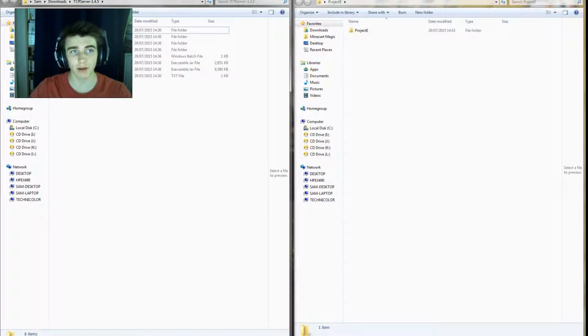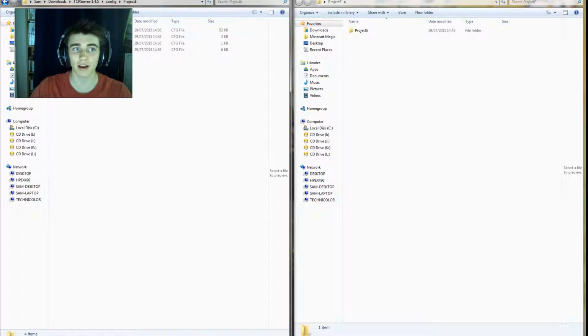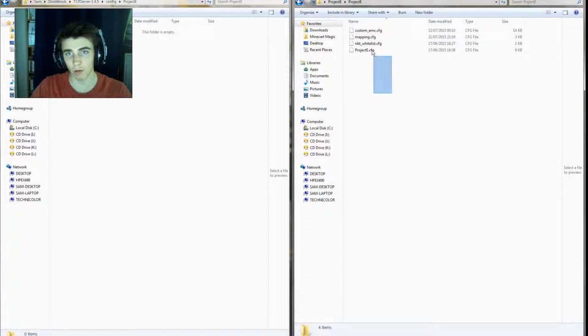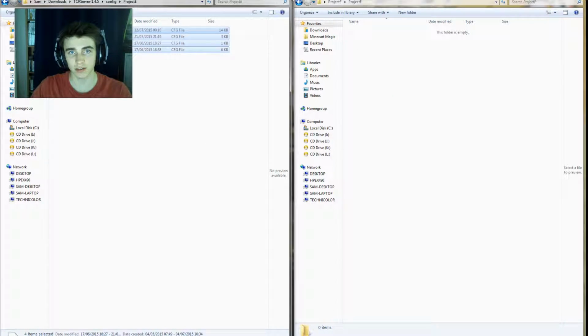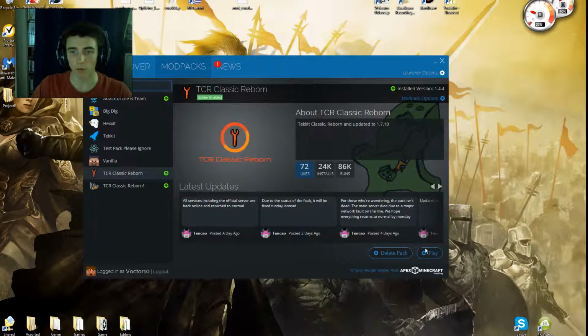But anyway, so you load up your server folder, you go into config, find another Project E folder. It's exactly the same process. Delete, open my one up, drag and drop the custom ones across. Simple as that. So now what I'm going to do is load up Tekkit Classic Reborn and